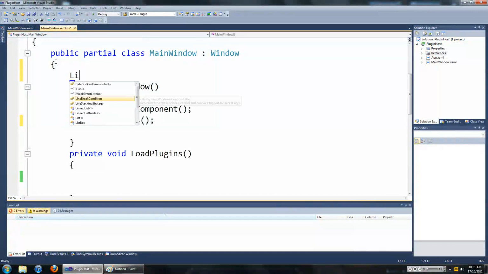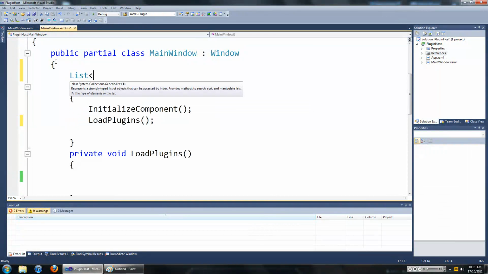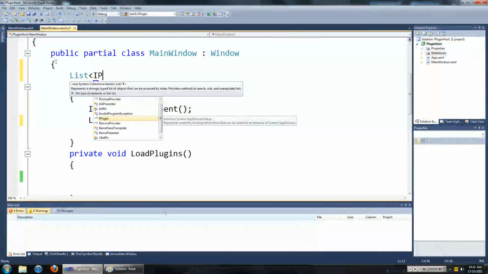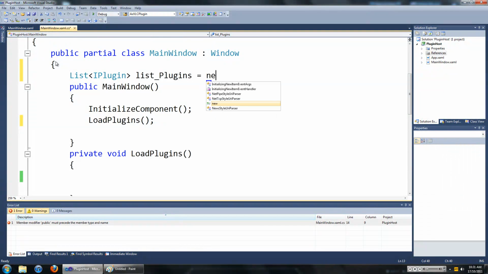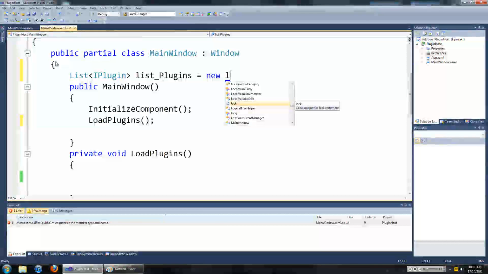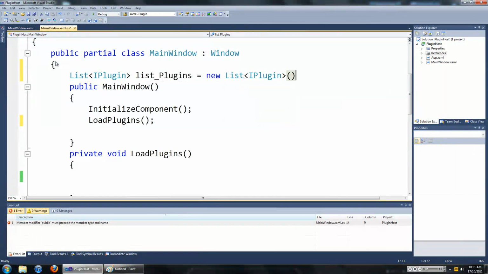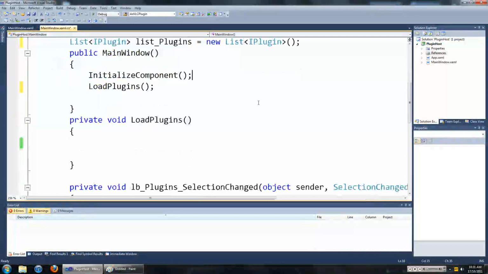So it will be a list of type iPlugin. And we'll just name it list plugins. So we've got that there.